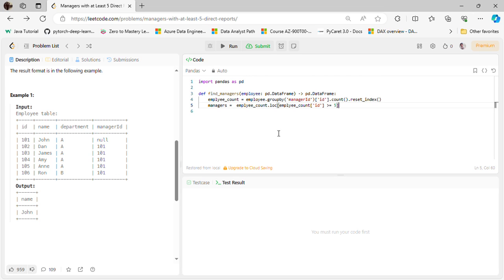Then we are making one data frame called managers. So we are taking employee count and using the loc method. We are basically mentioning where ID is the count of this ID coming from here. So we are mentioning if it is greater than 5, then return those employee IDs, and those are the managers who have 5 employees working under them. Okay, so the last step is